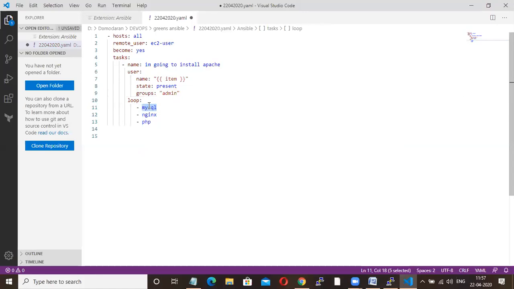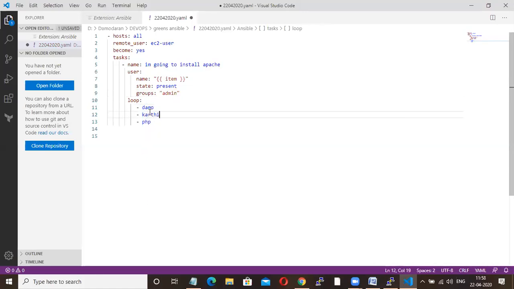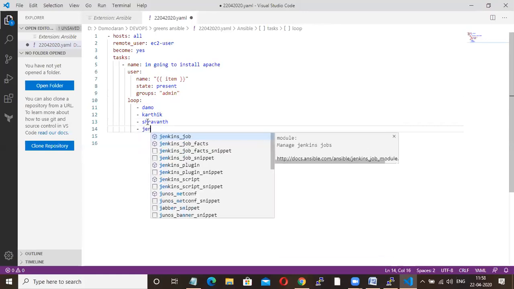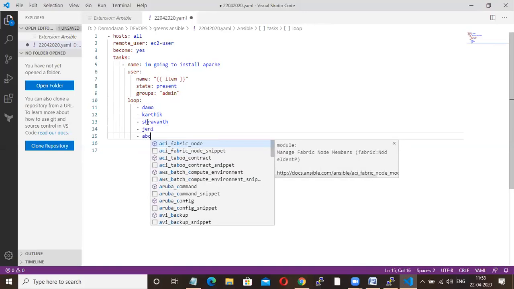Then here, Damu, Karthik, Sharvan, Jenny. So like this, I can put, right? Something ABC. So like this, I can create n number of users at a stage. Understood what the loop concept is?